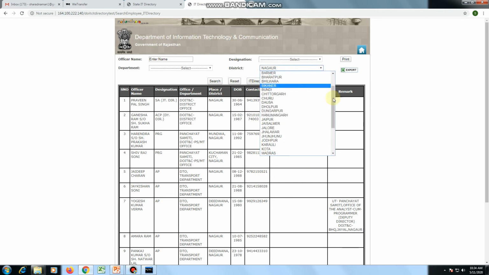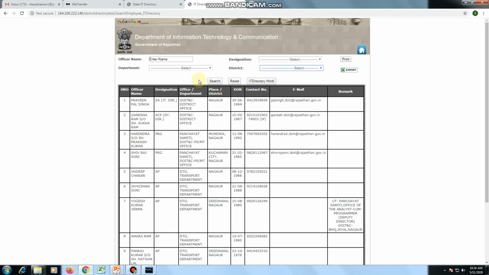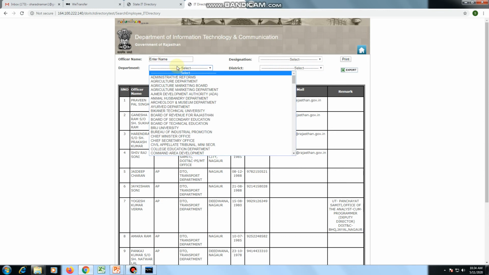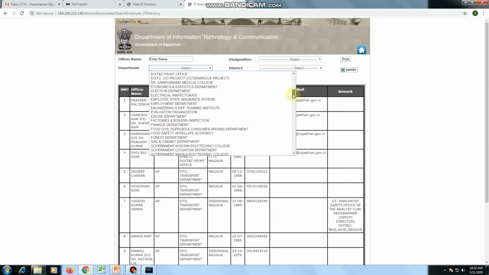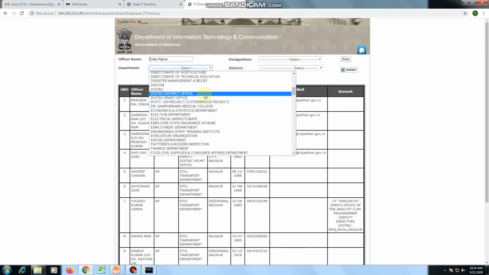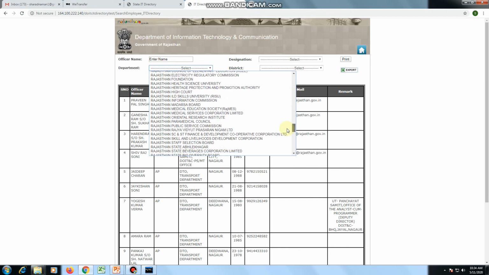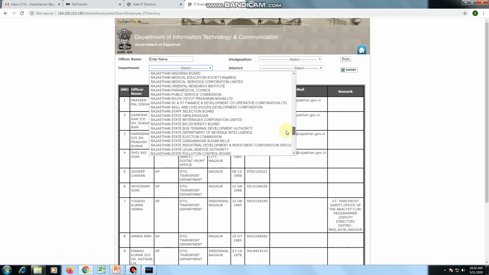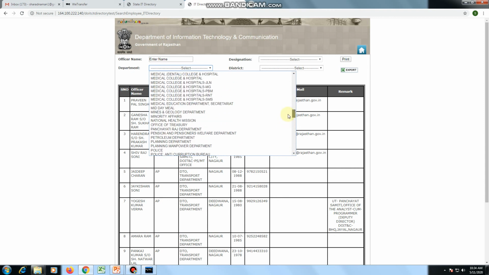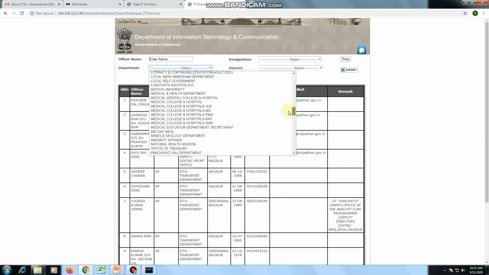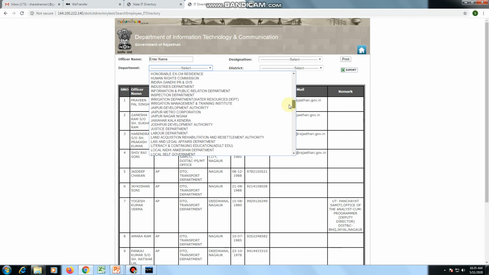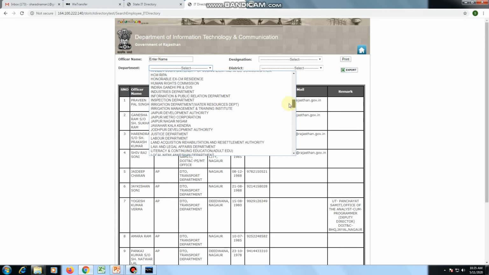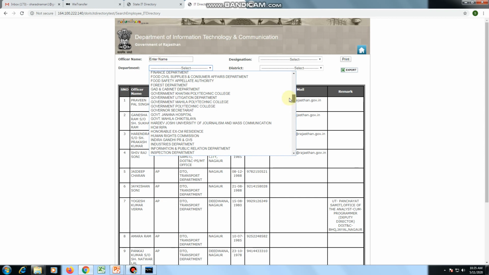You can also apply a filter according to department. Like if I select a department like information technology, then your result will be like this. If I select a particular department from this list of departments, then your SQL database management system will display the result according to that department only.